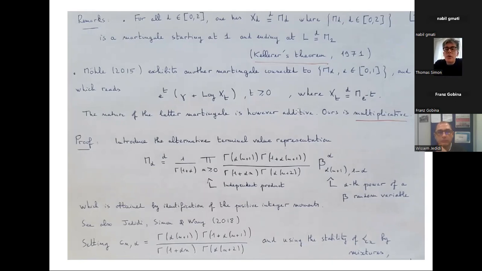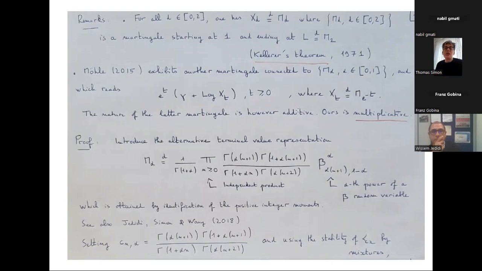The process is much simpler, actually. The process is built upon the multiplicative properties of the Mittag-Leffler random variable. And it is connected to some coalescent models. What I might say is that this martingale, which was introduced by Müller, has an additive character, whereas the martingale associated to the peacock is more multiplicative.